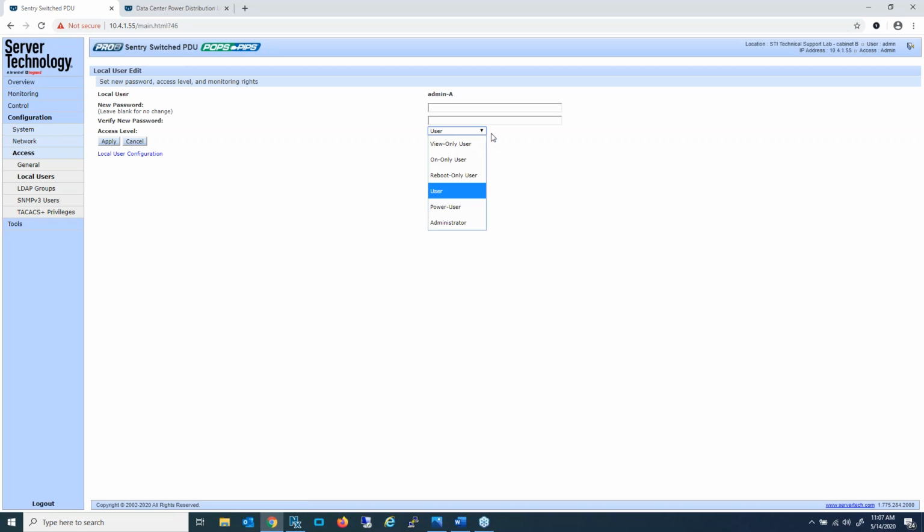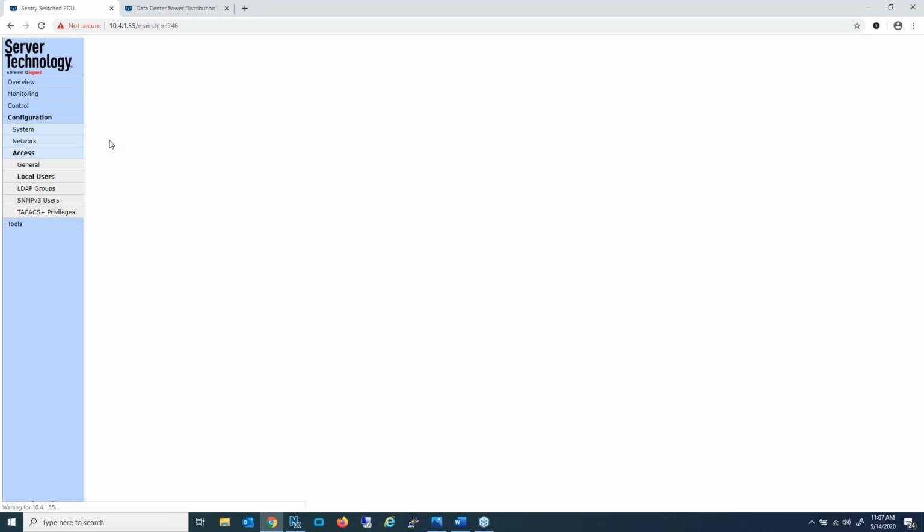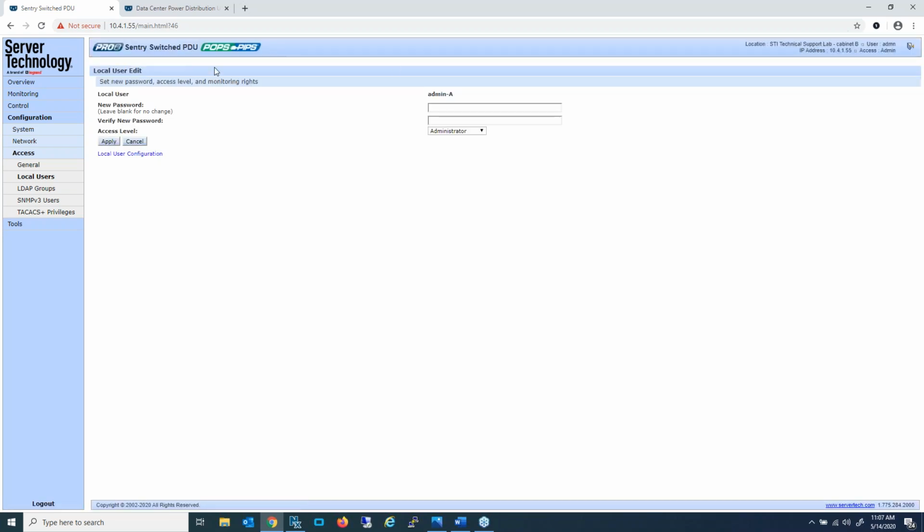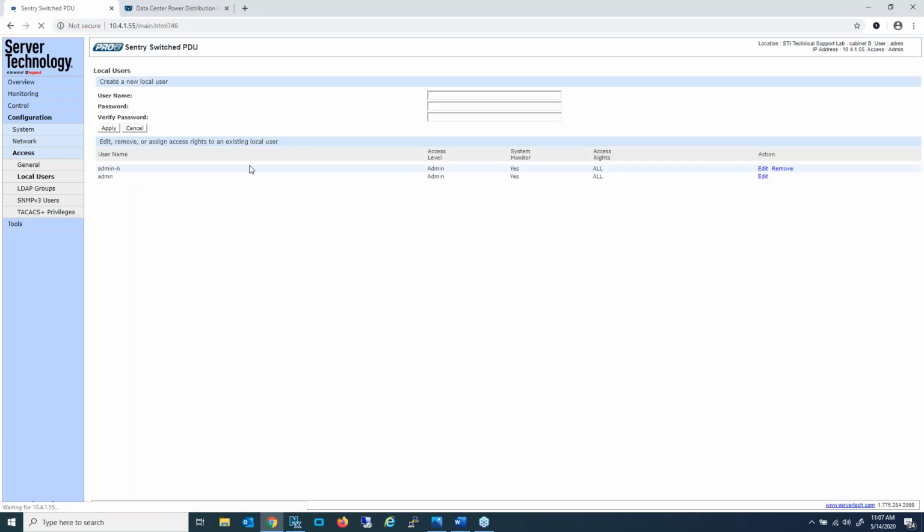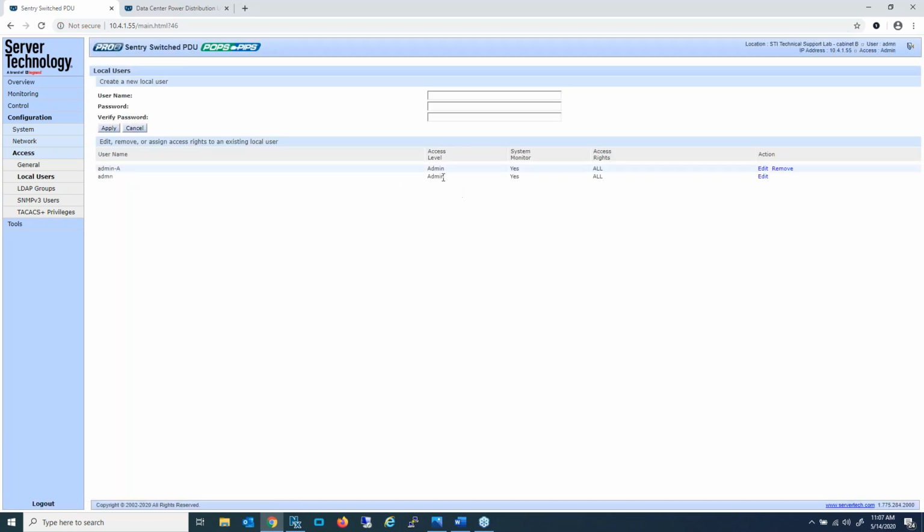And then we have a drop-down list that gives choices for different levels. We'll talk about that in more detail in a little bit, but you want to select administrator to give this new user admin privileges. Click apply, and now we should see that we have 2 administrators,